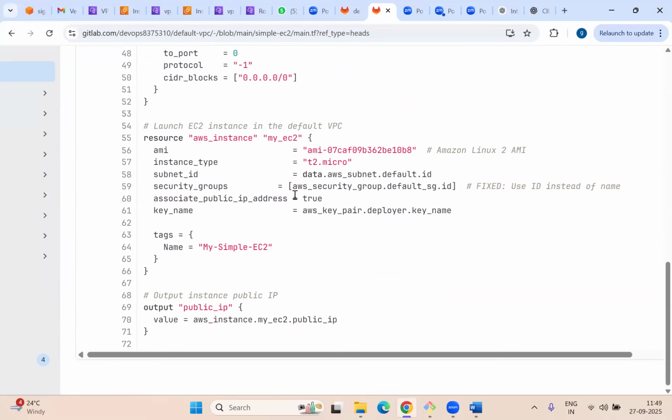This is called object calling, or calling anything using the object reference. That is used in programming all the way, be it Python or Java, any programming language, they use some object reference to call the attribute or method. Here, we are just calling the attribute, that is .id in the end, that fetches the subnet ID. On line number 58, you see .id, right? So finally, we are saying .id, that is fetching the ID of